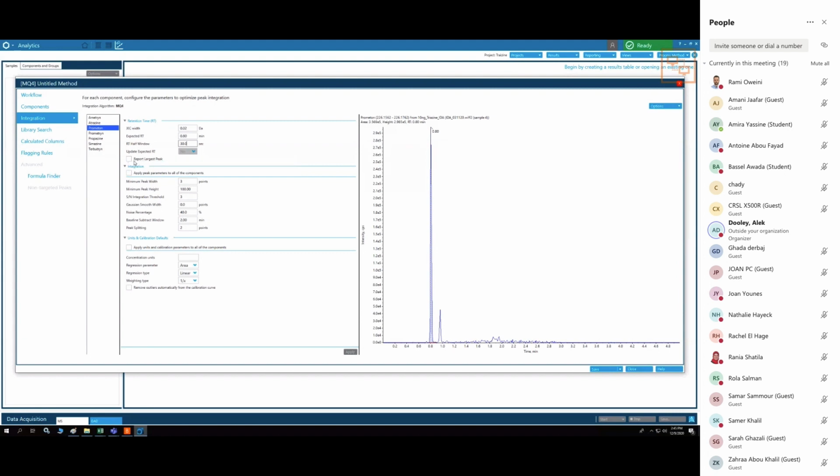And then you have this setting, report the largest peak. So if this is unchecked, it will find the closest peak. So right now it's unchecked, it will find the closest peak to 0.8. If you check it, it will find the largest peak within this window. So even if there's another peak that is 20 seconds away, if it's the biggest peak, it will jump